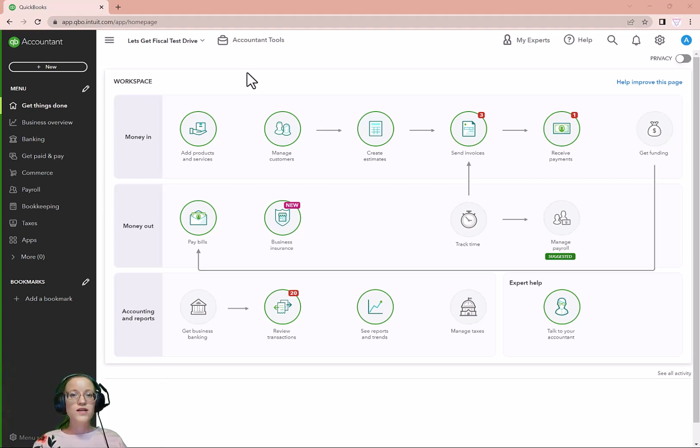create bills is going directly to the vendor profile first. That way I can review any of the vendor activity. This helps me prevent paying bills multiple times, or maybe I'm past due or I have a credit available. So that's why I always like to go and look at the activity for that particular vendor first before I